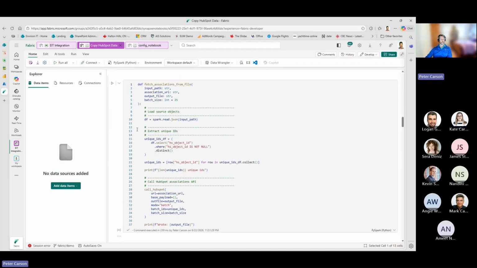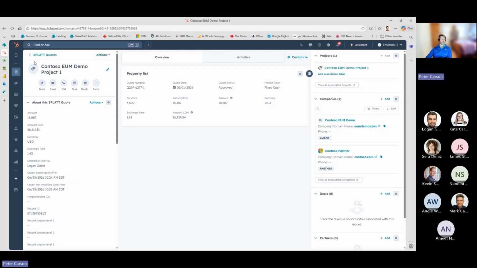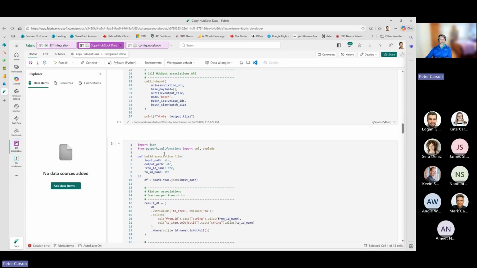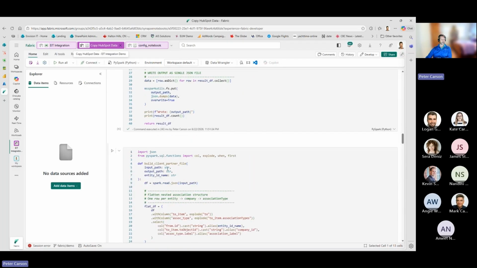And there's this concept of associations, which gets a little tricky. So if we come back to, for example, this project. Projects are one of the top key elements that we have in our data model. And projects can have companies associated with them. There might be multiple. There could be a client and a partner. How HubSpot returns those relationships back to you through its API is fairly obtuse. It took a lot of unwinding to get it back into a form that we could actually manage and work with. So this is actually building those associations, coming out from that and cleaning that up.